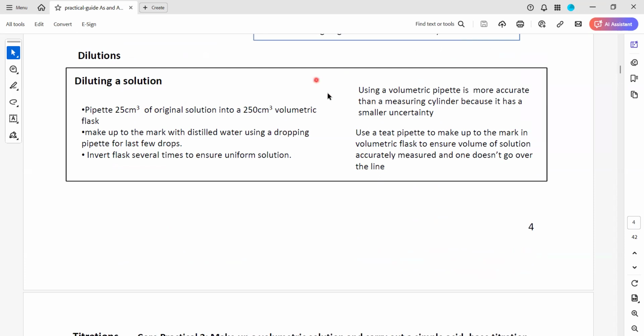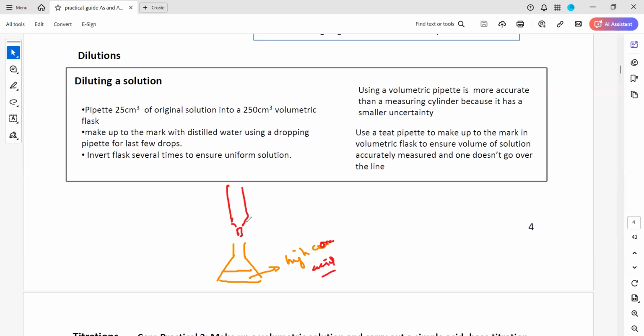For example, if I have a very high concentration of acid or alkali and I'm using it in a titration, let's say this is a high concentration acid,